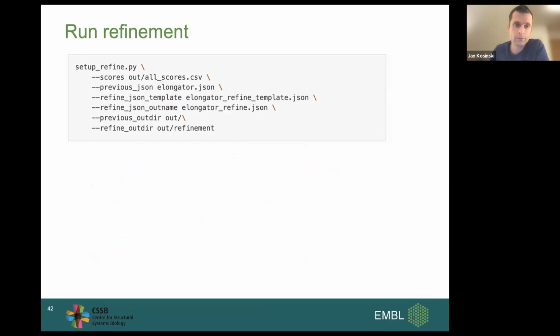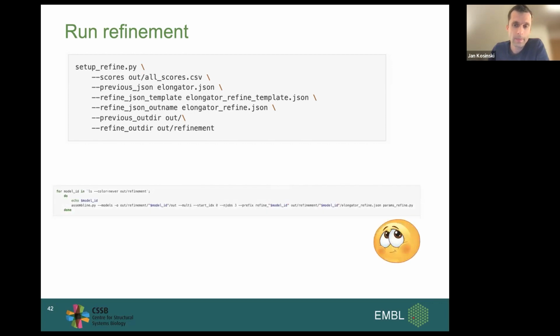You need to run a script that prepares the files for the refinement based on the output of the previous step, and then you run, for the moment, quite a complex, at least for the beginner, shell loop to run all these structures, all these jobs on the cluster. For instance, here refining each of the top models, refining 3 times in parallel. And this program uses the same command as the other steps and uses very similar JSON and parameter files as the previous one.